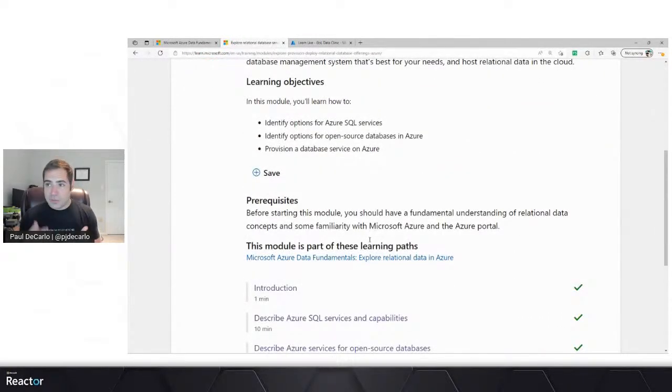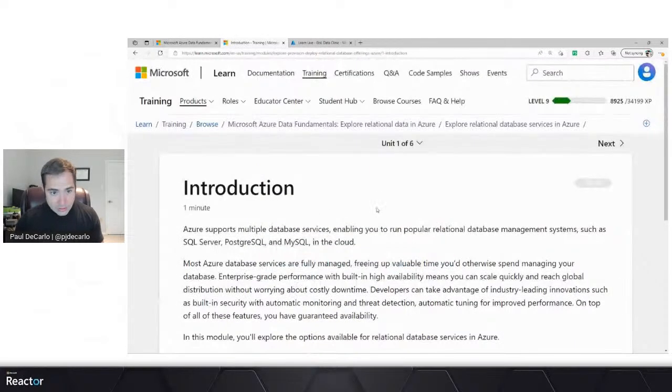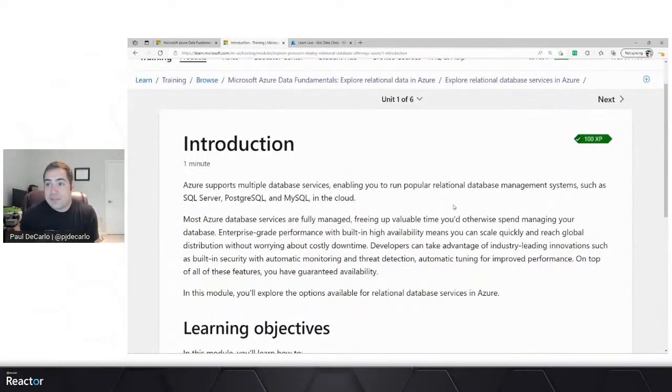And again, as we mentioned, we'll be learning about SQL services, open source databases in Azure, and even provision a database in Azure. So in getting started, Microsoft Azure, as you're probably aware, as a cloud service, supports many abilities to deploy different types of database systems. In the context of relational database management systems, it supports out-of-the-box support for SQL Server, PostgreSQL, and MySQL in